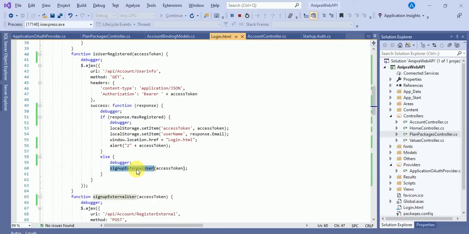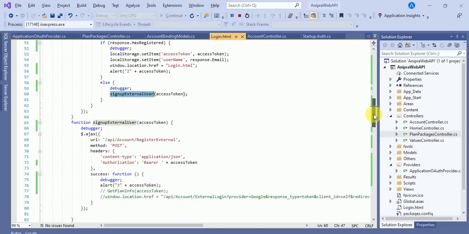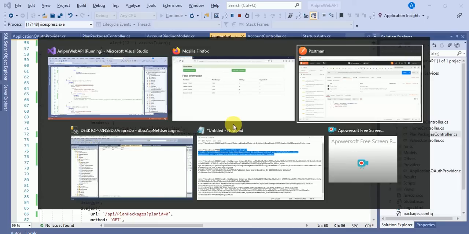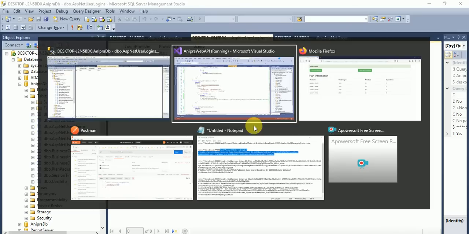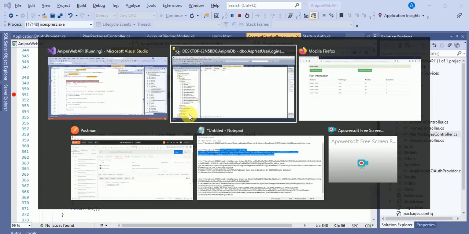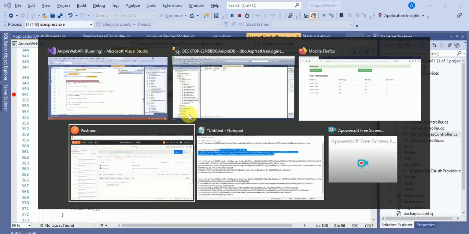So we will first sign up the user from this register external method. Here you can see the register external method, using this method we are inserting the user.